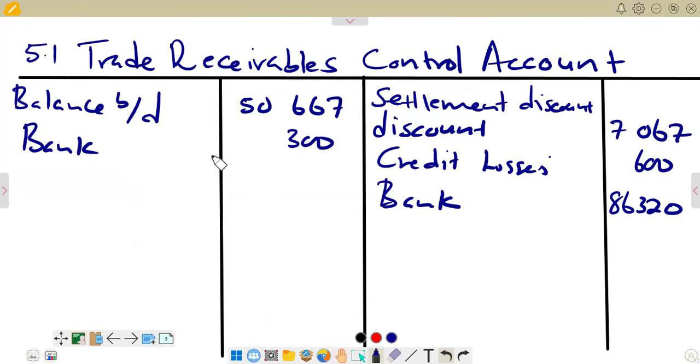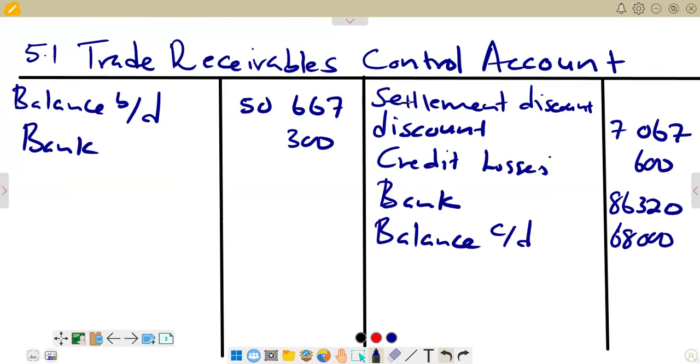Remember, if it's a closing balance, we go to the opposite side from the BD, then it becomes our balance CD. So the closing balance, we just represent it as balance CD on the opposite side from our BD. So you see we've got balance CD. Remember the amount, 68,000. So you see we've entered everything in terms of opening and closing balance and all other information that needs to be entered there. And then we have to take note that